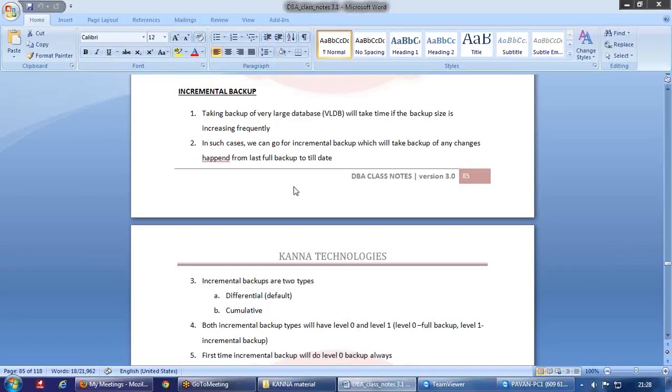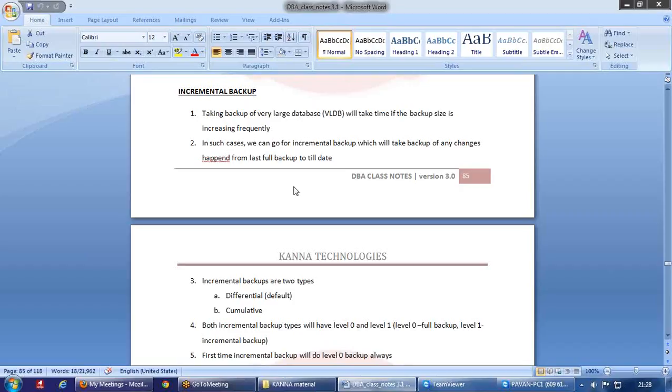So to avoid these situations, Oracle came with the concept called incremental backup. What it says is, in a month or week, at least once you need to take the full backup of the database, which we usually represent in incremental backup as level 0 backup. So level 0 means it is going to have a full database backup. So in a month, or in a week, or once in 15 days, or anytime, you need to take one full backup of the database, even though however many hours it is going to run,